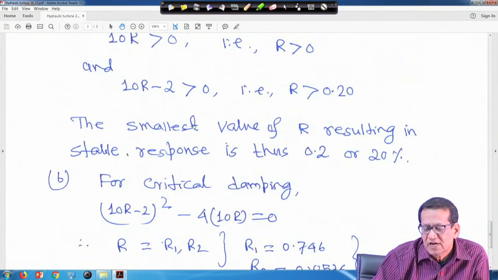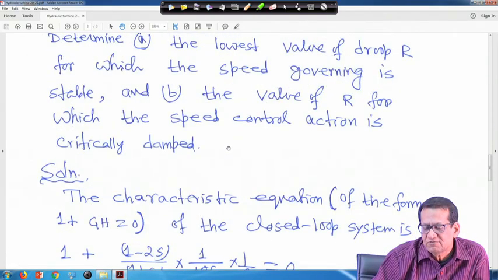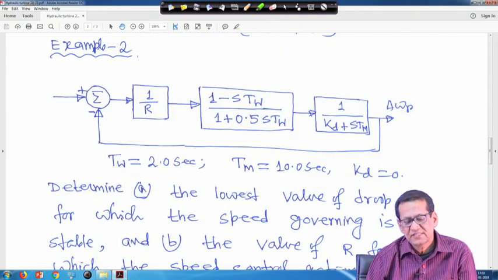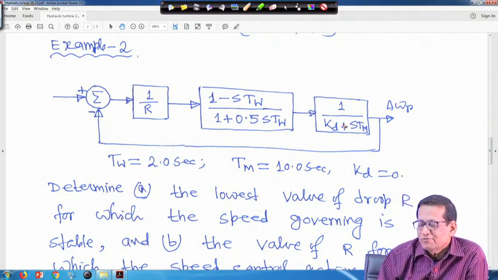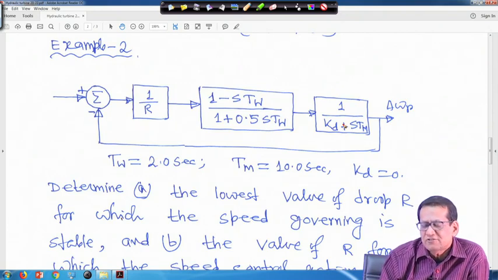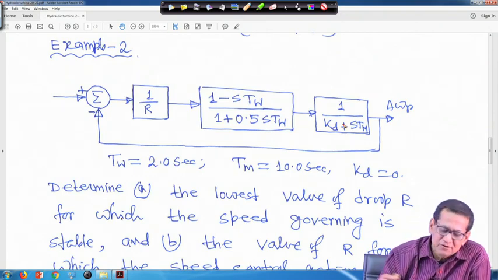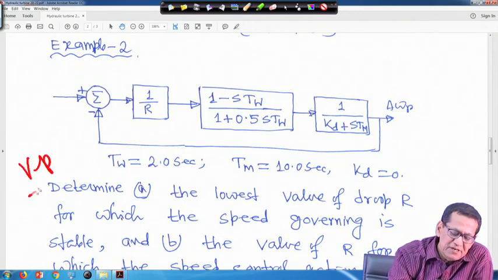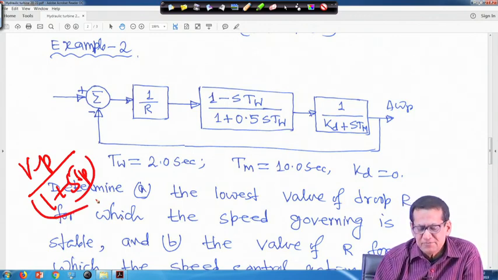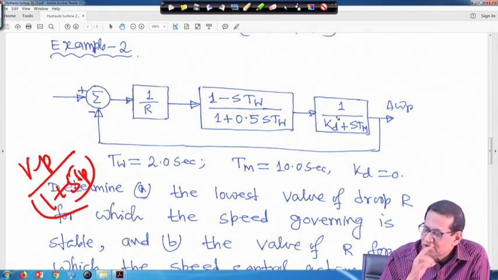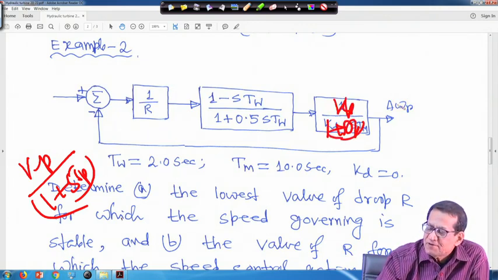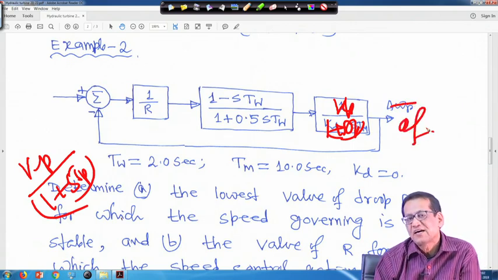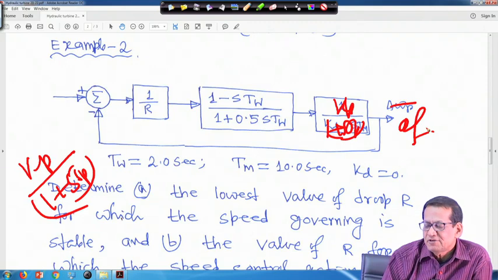So, this one for hydro turbine we have taken this way, but let me tell you one thing regarding this modeling. Suppose in this problem it is taken as 1 upon kd plus sTM. Now, it is an isolated system, but when we represent AGC, we represent Kp upon 1 plus sTp, this form, right. Therefore, instead of this block we can make it this block Kp upon 1 plus sTp, but at that time this will be your delta F, right.